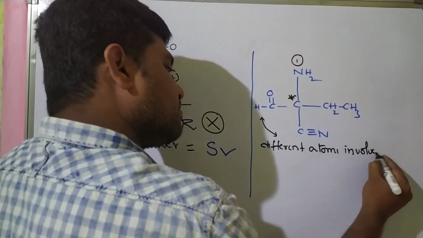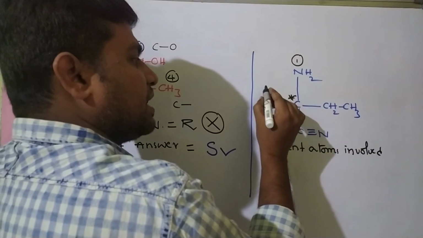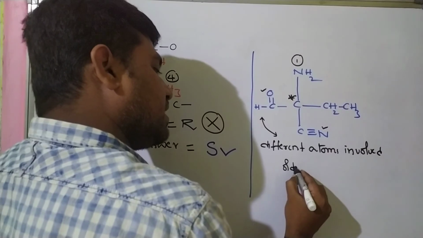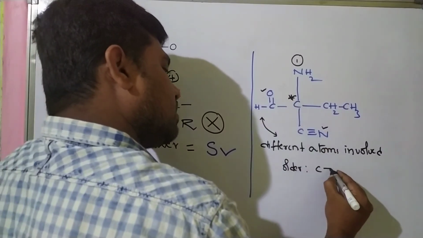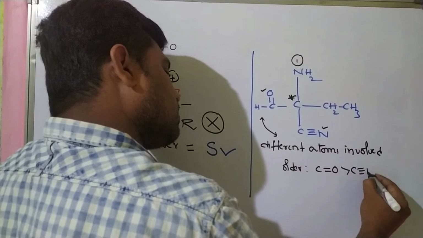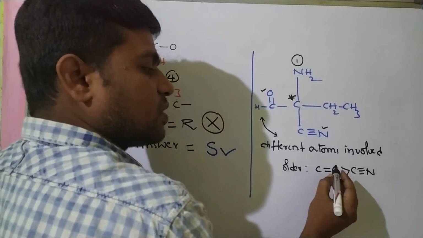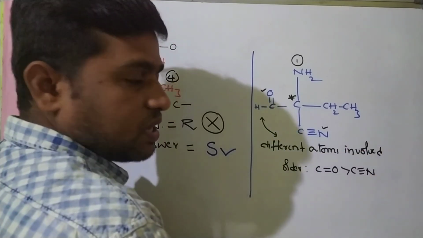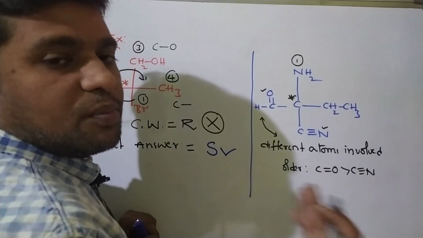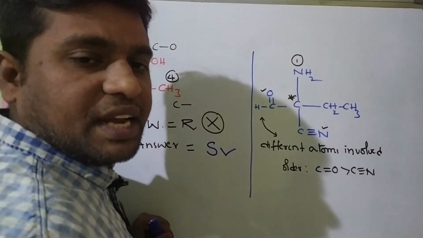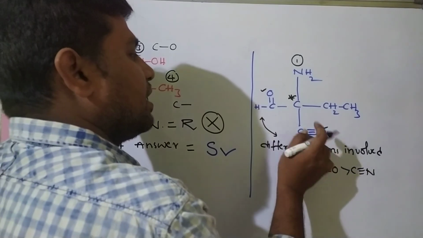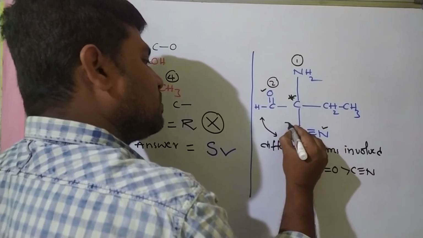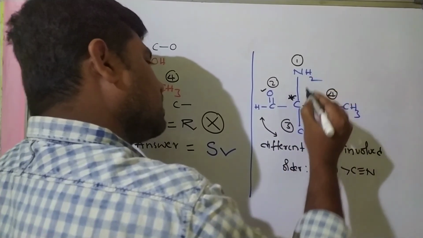So in this case we will see the second atom. Here the second atom is oxygen. Here the second atom is nitrogen. So the order of priority is C double bond O is greater than C triple bond N, according to the second atom. If different atoms are involved, this applies. If the same atoms are involved, no problem: triple bond is greater than double bond, which is greater than single bond. Now this is second priority. Now this is third priority. Here fourth priority. Okay, students.